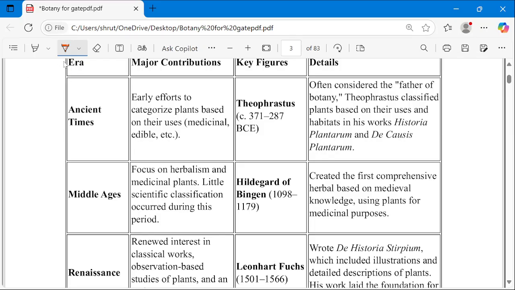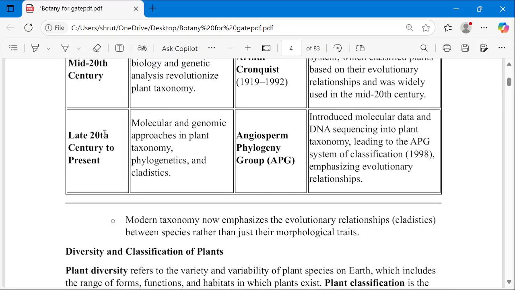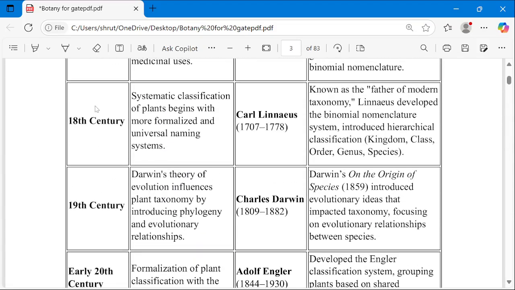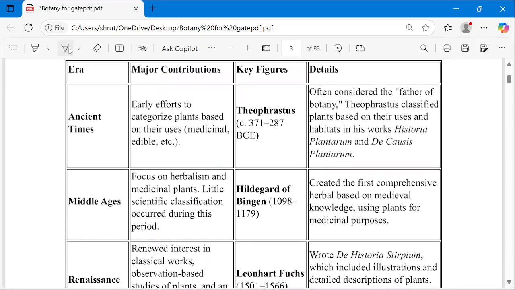Now let's see the history of plant taxonomy, one by one. Firstly, we are going to talk about the eras, from the ancient times to the late 20th century to the present. We are going to discuss likewise. Firstly, in the ancient times, the early effort was to categorize plants based on their uses, like